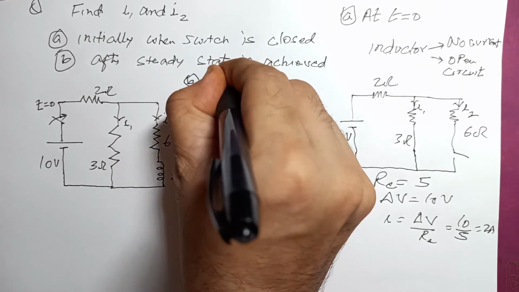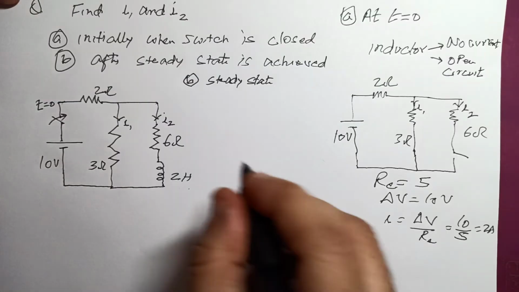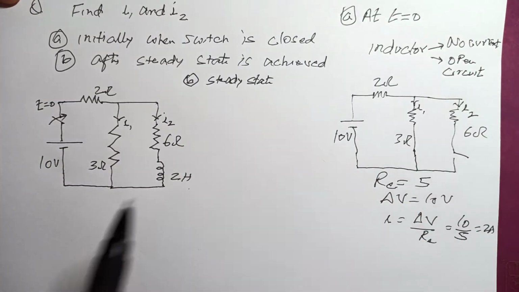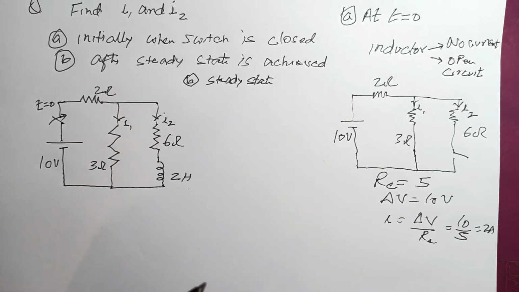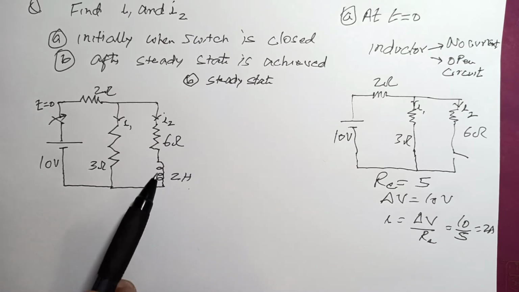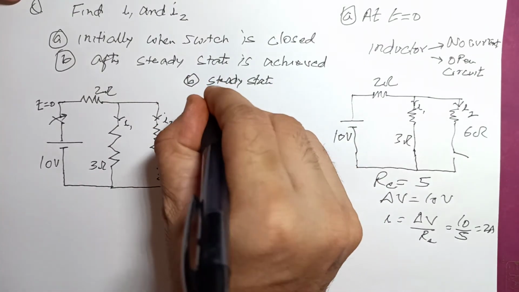Okay. Now let's take another situation when it is a steady state. So when it is a steady state, this inductor would be closed. It would be as good as no inductor, no wire, no connection broken there. It's a direct connection, so it would not cause any hindrance. It's a direct connectivity. Or if I have to draw it, then it becomes